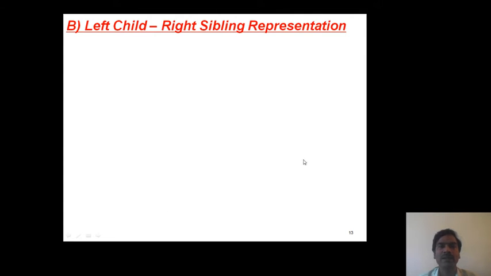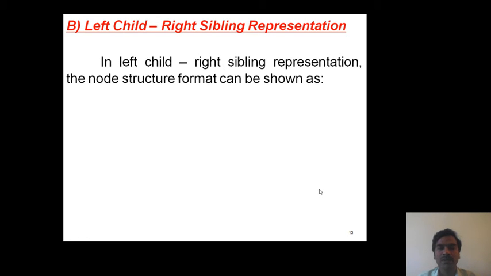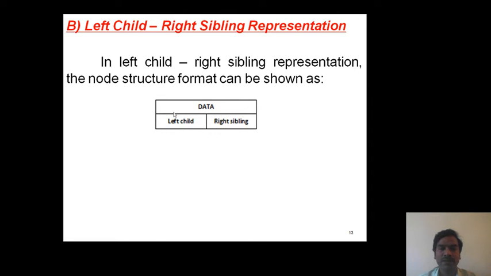The second format, left child right sibling representation. In this format, a node structure can be represented as three parts: data part, left child, and right sibling.